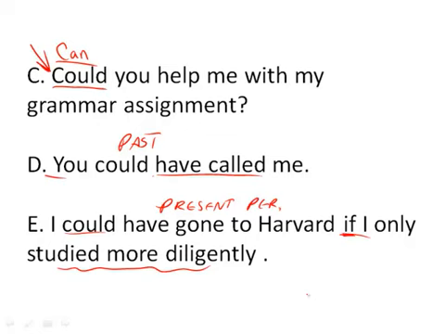So you can see the function of could here is, yes, it's used in the past, in the sense that it's used together with the present perfect to describe something that could have happened, or indeed that didn't necessarily happen. And then, of course, with C, we have something very different, with can and could to begin a question in terms of level of politeness.